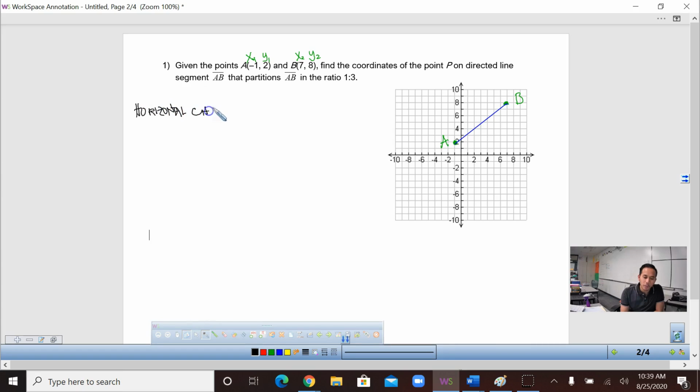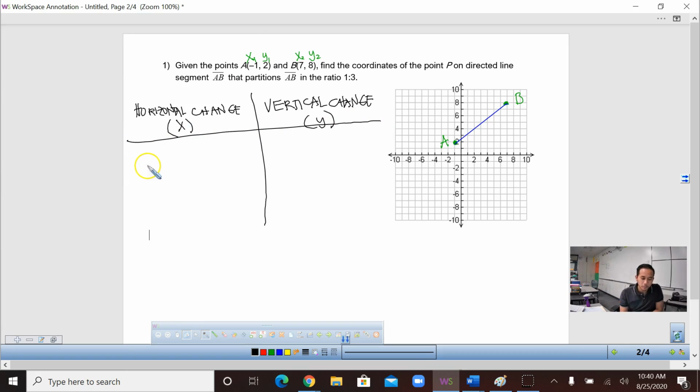Horizontal change, basically, is your x, the change in x. And then the next one will be the vertical change, which is your change in y. So this is the y. To solve this, we are going to use your ratio,